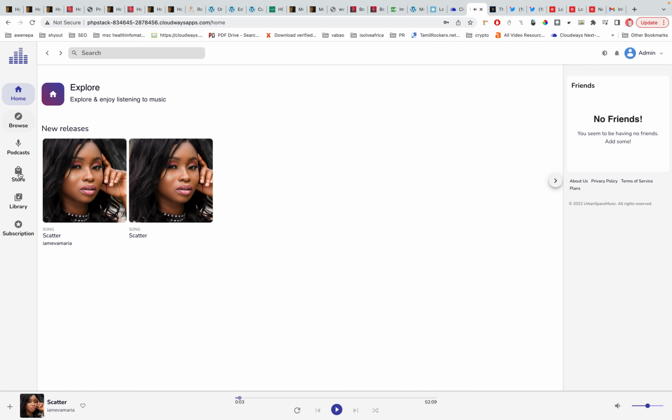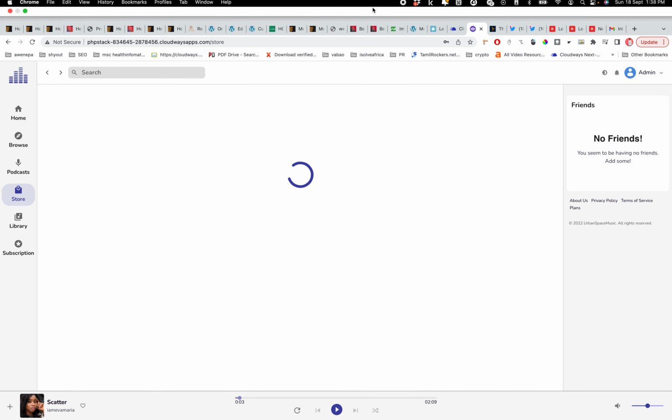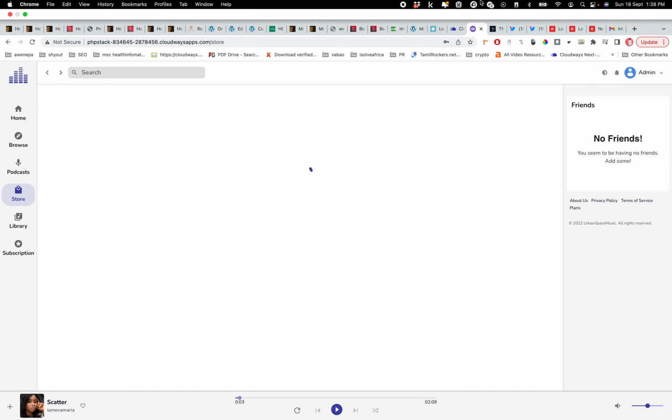with you. If you want to buy music, you can go to the store and then do the purchases of a plan, or if you want a subscription, you can also just get some subscriptions from there on the platform. So generally this is the admin side of the music platform. It's easy, but you can track almost everything that's happening